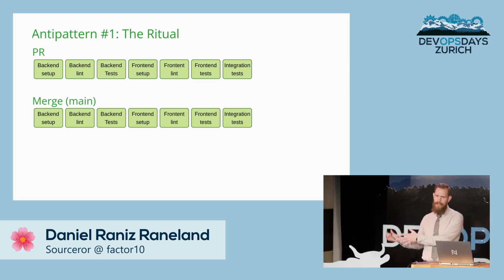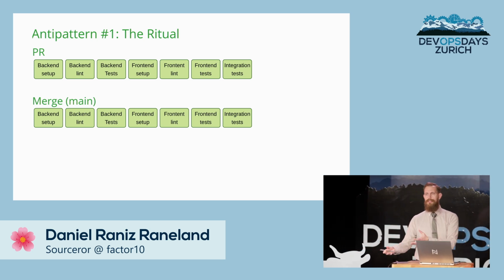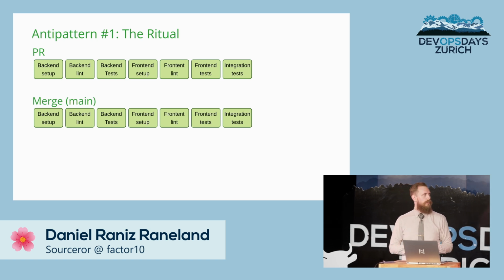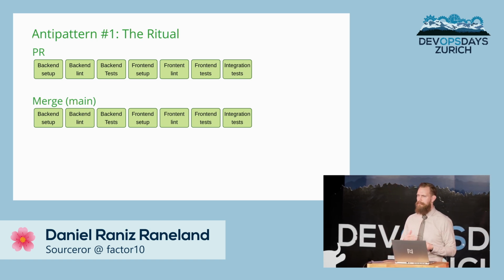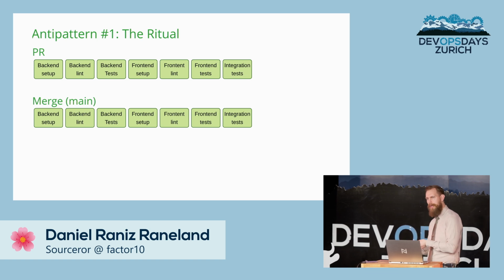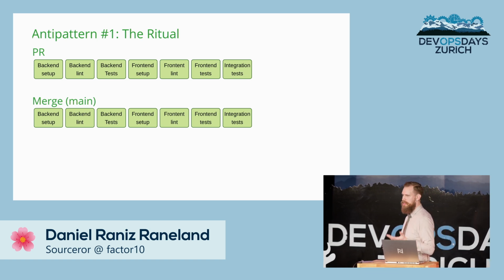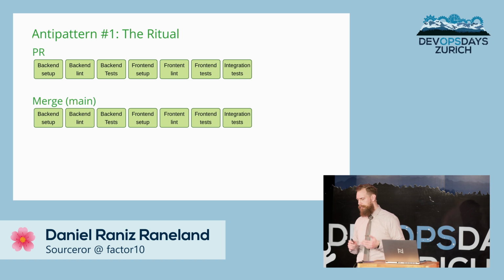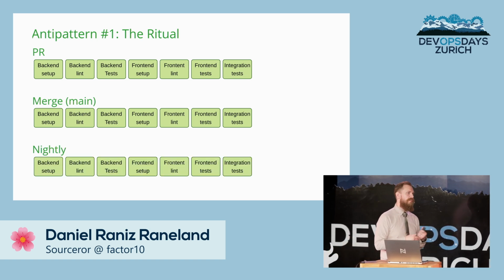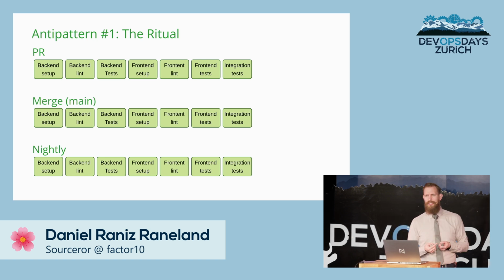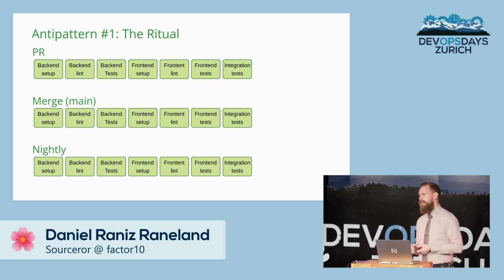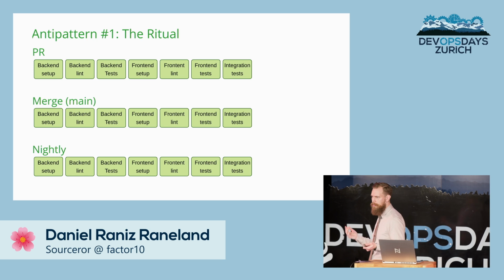But then one day, something externally changes. One of our dependencies changes, or one of the external systems we talk to makes an update, and something in that API changes. So our code breaks, but we did not catch this before it came into production. So maybe we decide, well, let's just run everything nightly as well to make sure that all the tests still pass, even if the code hasn't changed, because the outside world can change, right?